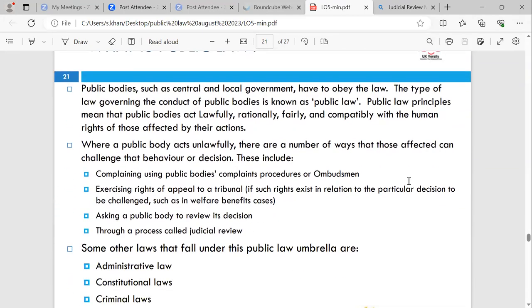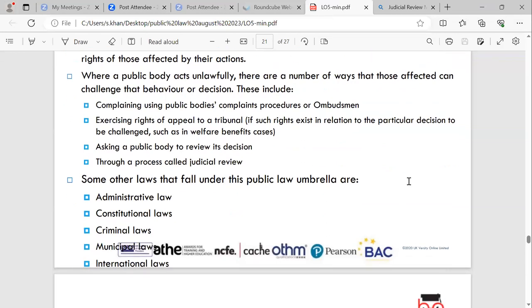What is public law? Public bodies such as central and local government have to obey the law. The type of law governing the conduct of public bodies is also known as public law. Public law principles mean that public bodies act lawfully, rationally, fairly, and compatibly with the human rights of those affected by their actions. Where a public body acts unlawfully, there are a number of ways that those affected can challenge their behaviour or decision. These include complaining using public bodies' complaints procedures or the ombudsman,